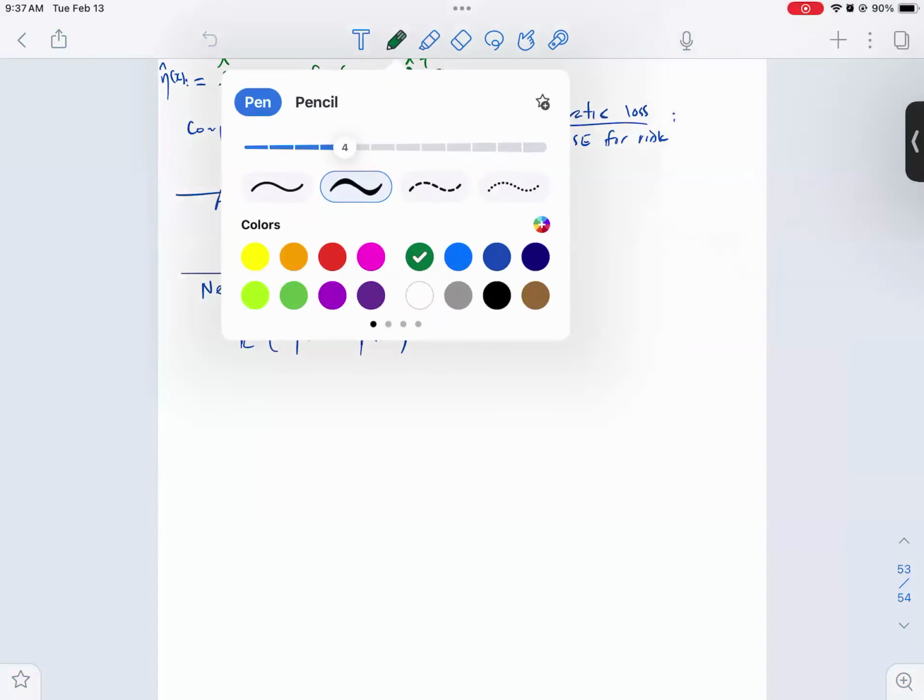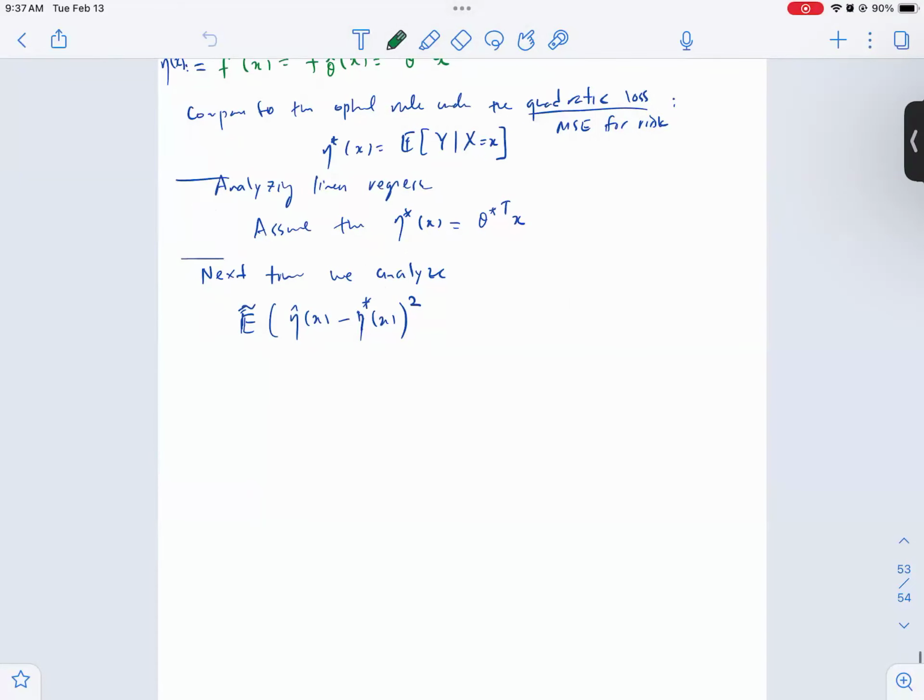So last time, we analyzed linear regression and then obtained a bound for this quantity. So if you recall,